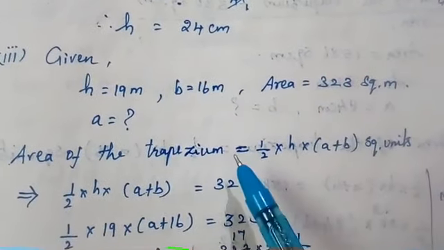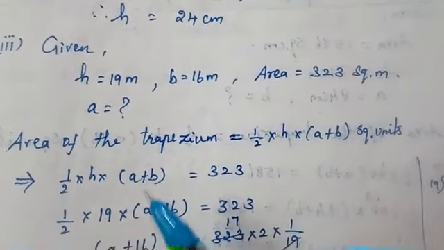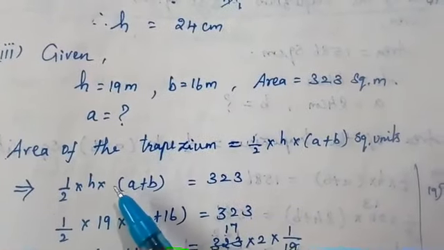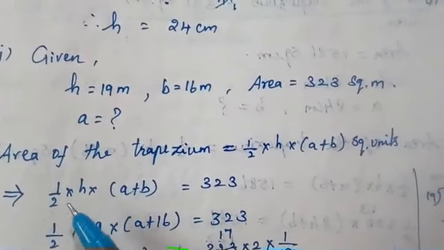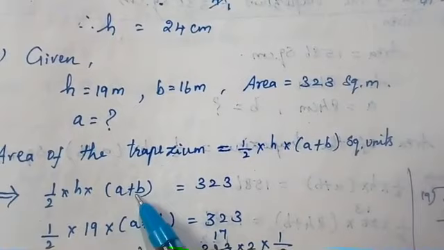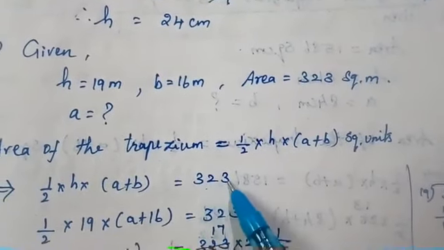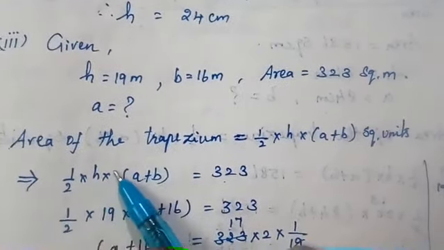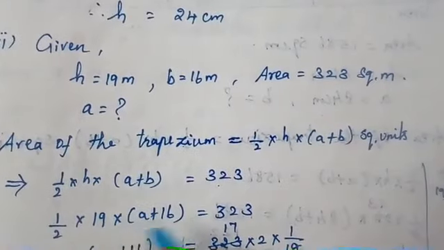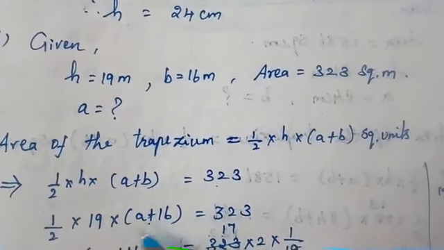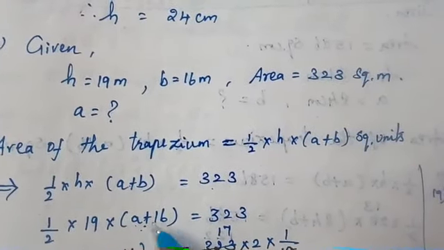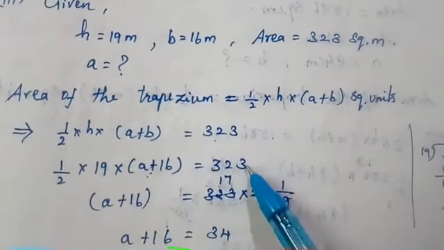First you write the area of the trapezium formula. Then you have to compare the area value and the formula. That is half into h into a plus b, that is the formula. Given area value 323. Then you substitute the values, half into h value is 19. The a value is unknown, so just write a plus b value is 16, that is equal to